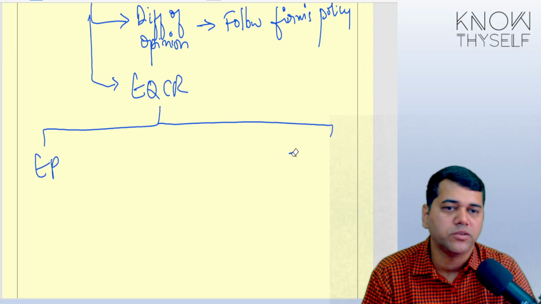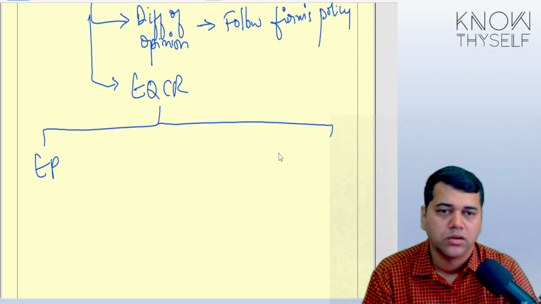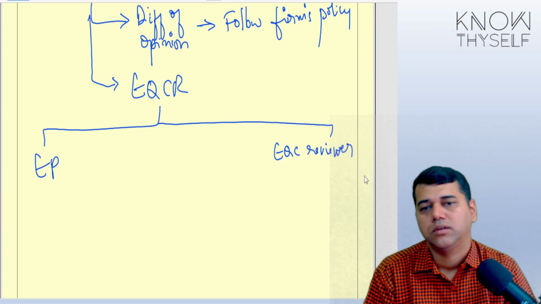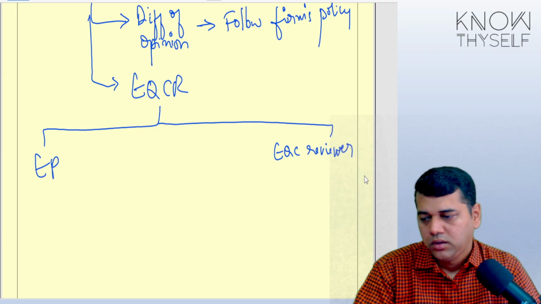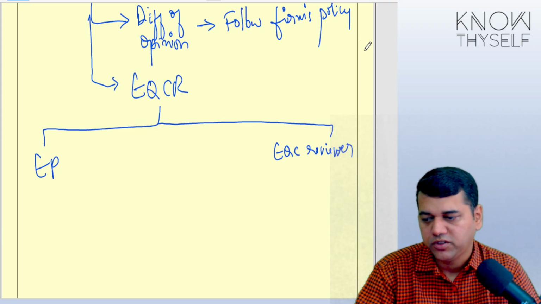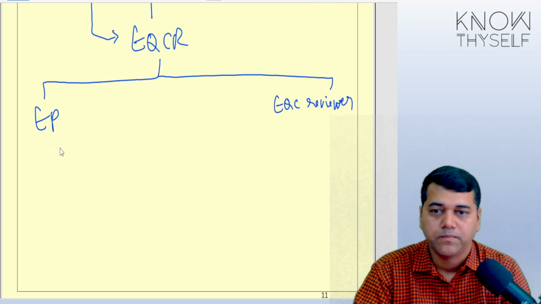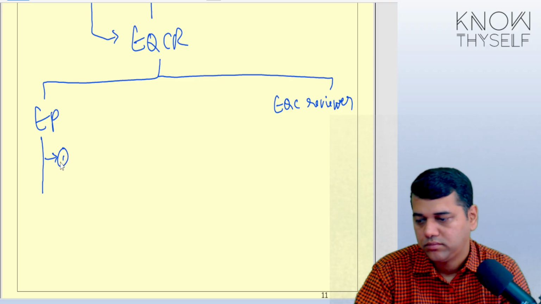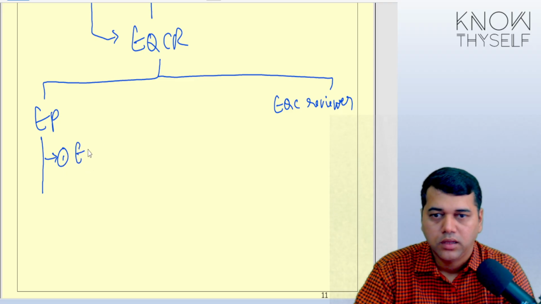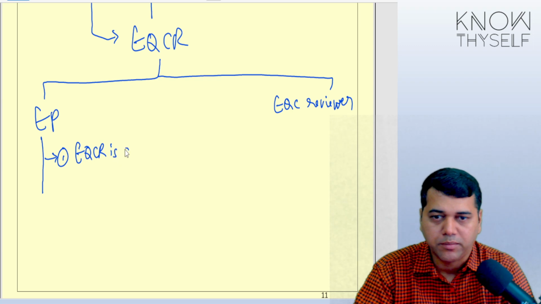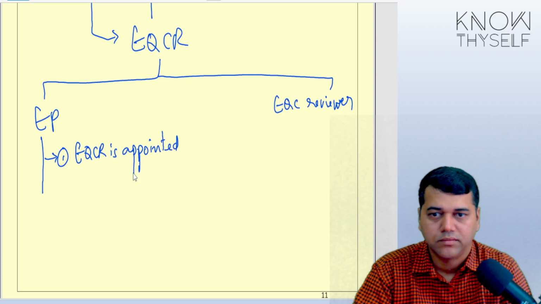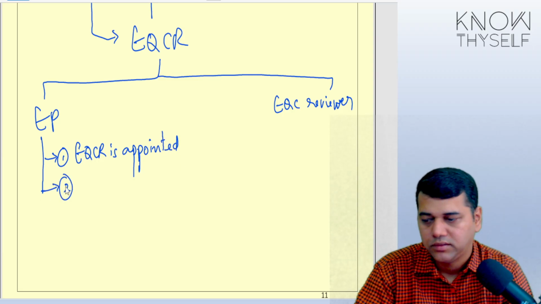So we have got the responsibility of two people. Okay, first question comes, what is the responsibility of the engagement partner? One, EQCR is appointed. He has to see that the appointment has happened. Second,